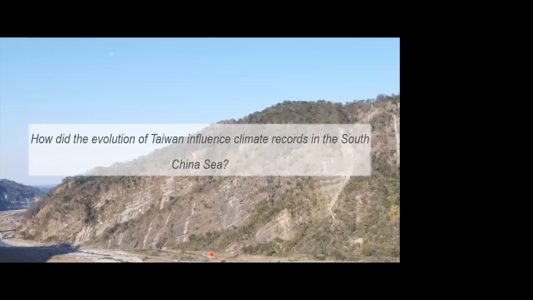So in summary, the study shows that emergence and erosion of Taiwan resulted in increased sediment influx and basin accommodation space and the formation of a semi-sheltered strait, all of which enhance the preservation of different climate cycles. So my next question is, what was the extent of the influence of Taiwan's orogenesis? I want to know if it had the potential to alter sediment records in the deep ocean far out into the South China Sea.